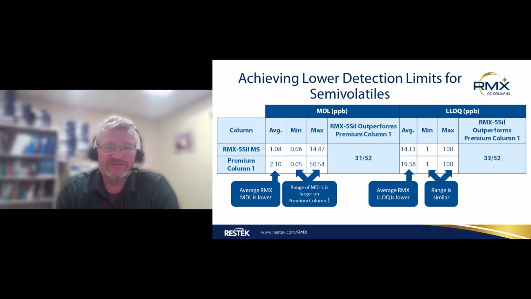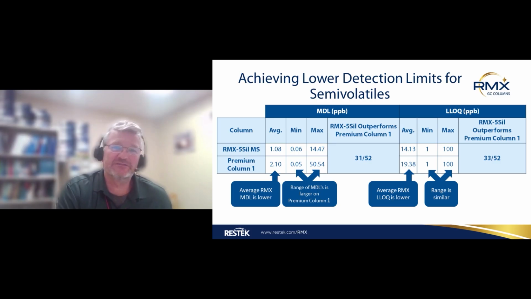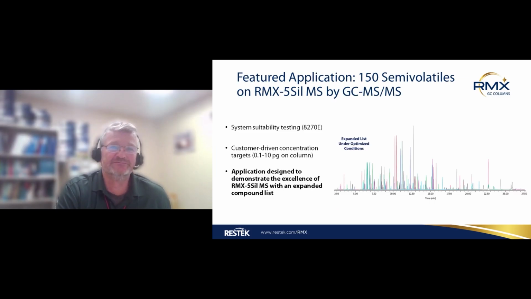Minimums. 0.05 versus point. Here's where it kind of shines: where compounds are active and react with the surface, the injection port, or other places, we see a pretty dramatic difference. In that case, we have an MDL of 50 in compounds, whereas our highest MDL is 14.47. Again, for the lower limit of quantitation, which is what we'd set our curve at, we also see differences: 14 versus 20. So we are seeing differences for all of the comparisons that we've done.